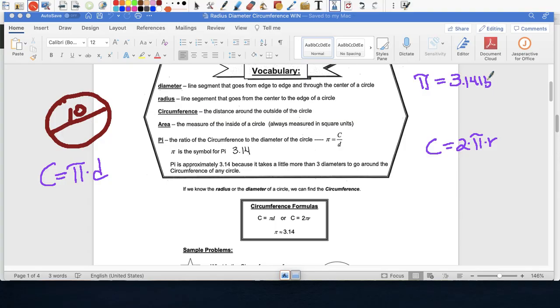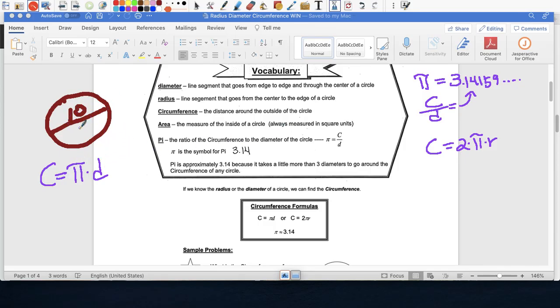Pi is a symbol that represents 3.14159... Where does pi come from? If you take the circumference of a circle and you divide it by the diameter, you get this. Always. Any circumference of any circle with its respective diameter, you're always going to get that ratio of 3.14159. Going back to the problem,